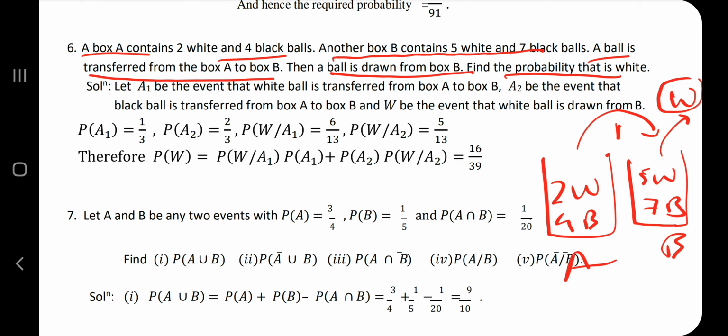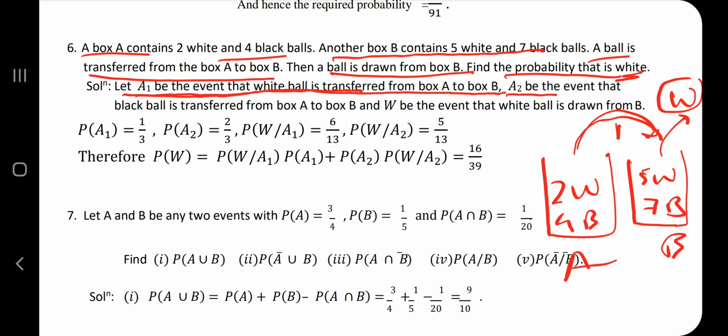Okay, so here some things you need to observe carefully. What they have asked us to calculate is the probability of it being white. So you have to take 3 things here. Let A1 be the event that a white ball is transferred from box A to box B. That is the first thing which you have to consider. The next option is